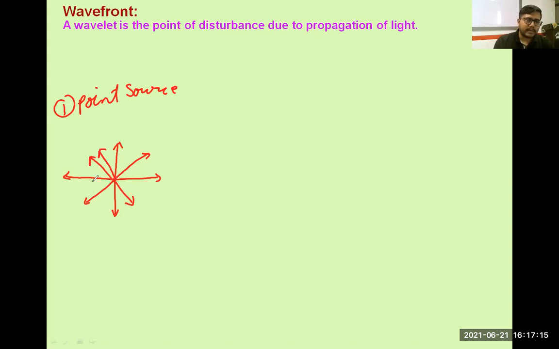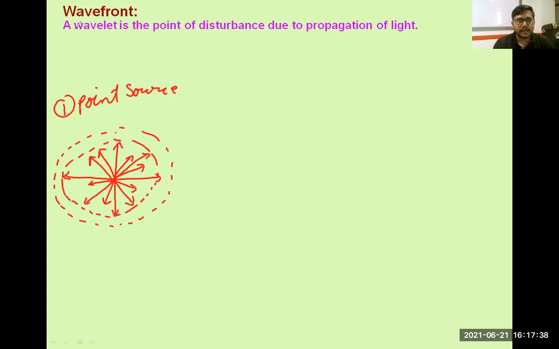So basically, I am not drawing each and every ray of light. Okay, you have to imagine a little. If you think about the point source, you can assume that the rays of light will form a sphere. Okay, in the solid sphere, the rays of light are propagating. For what? For a point source. Now again see the definition. So a wavefront is the point of disturbance